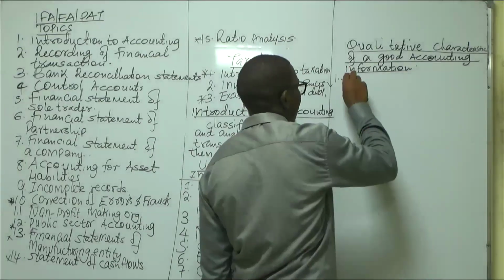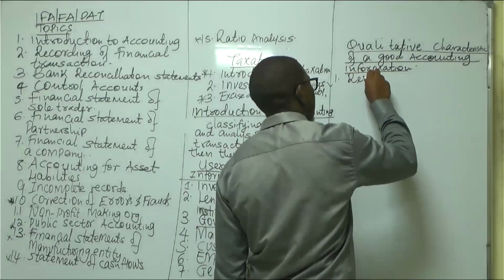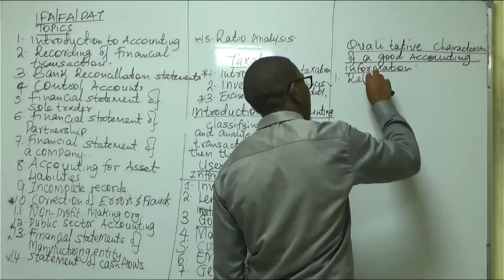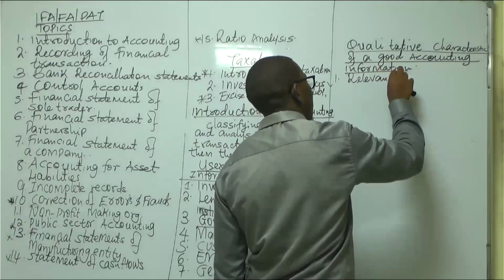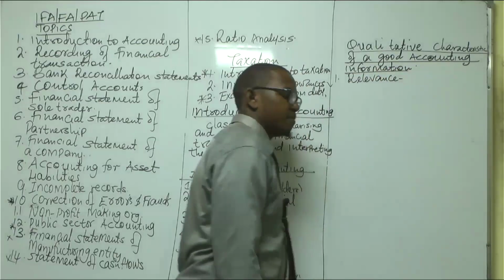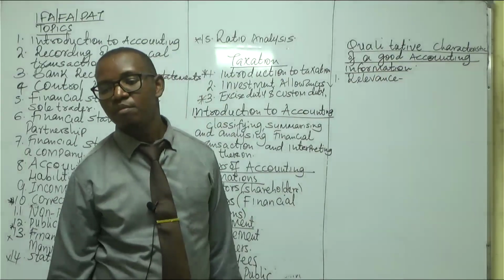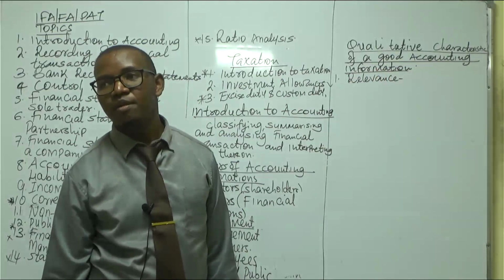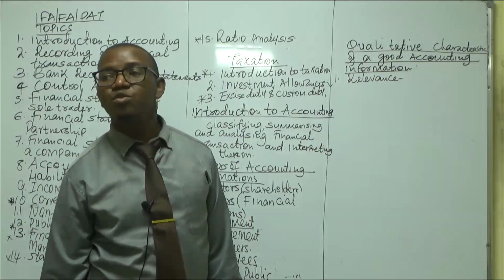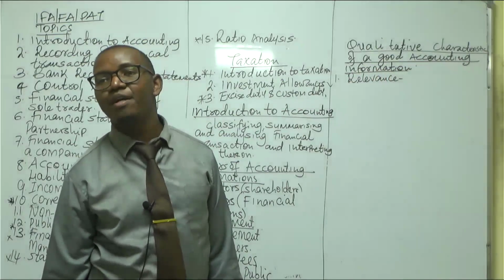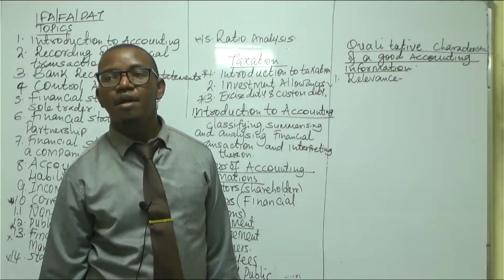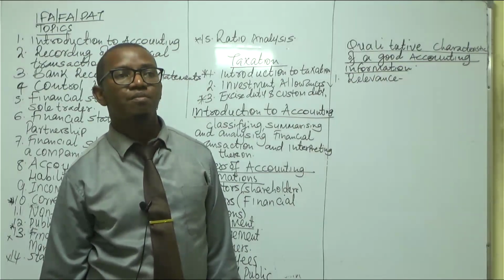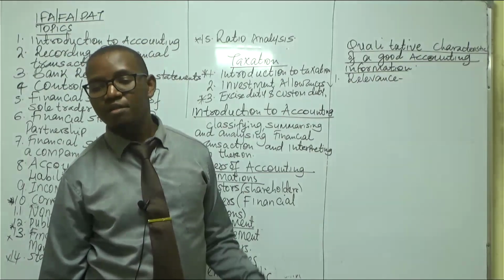Now, number one is what we call relevance. Accounting information should be relevant in that,